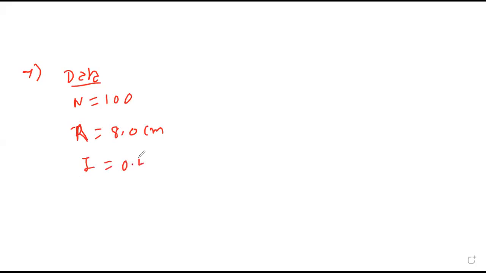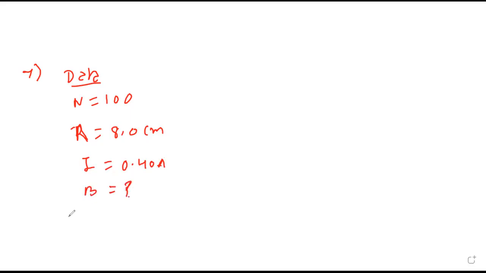Okay, seventh one will start. These are just two marks numericals. A circular coil of wire having 100 turns, each of radius 8 centimeter, R is 8 centimeter, carrying current of 0.40 ampere. Calculate magnetic field at the center of coil.